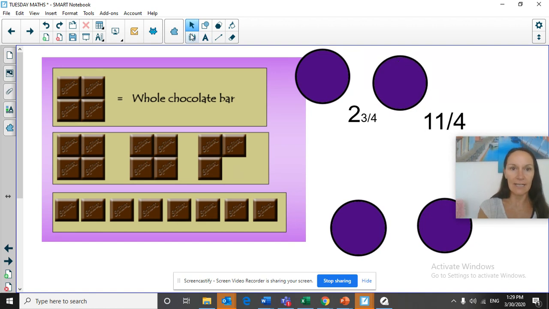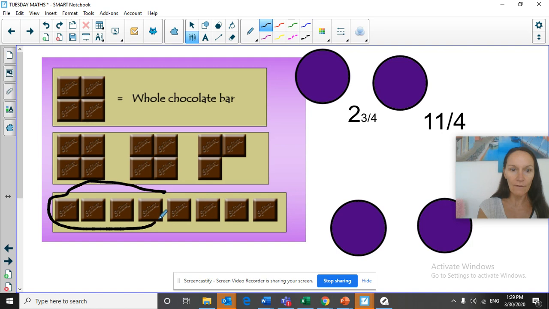Let's have a look down here then. I'll take out the pen. Still, it's the same. 4 pieces equals a whole bar. So if I get those 4 pieces, there's 1 whole bar. Get those 4 pieces. We've got 2